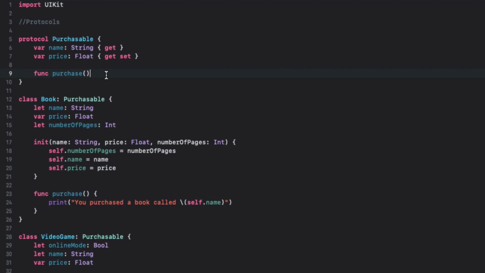That implementation is left up to the object to do whatever it wants to do in purchase. The protocol's job is just to make sure that any object that conforms to this protocol has this method, right? But sometimes we want every single object that conforms to a protocol to have a method with the exact same